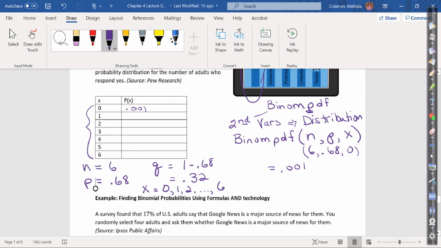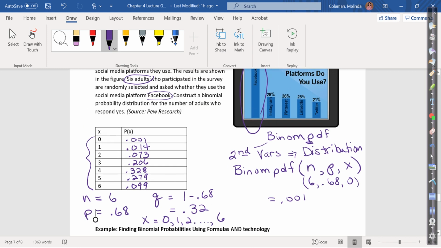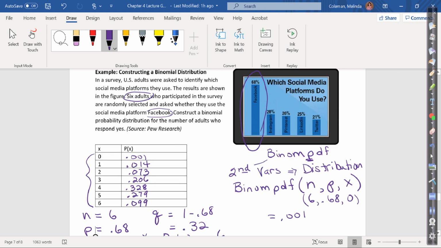So I would have 0.001, 0.014, 0.073, 0.206, 0.328, 0.279, and last 0.099. So if we interpret this now, it would tell us that out of all of the people who were